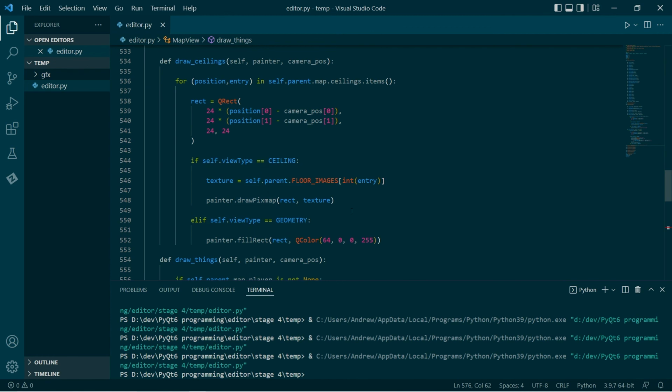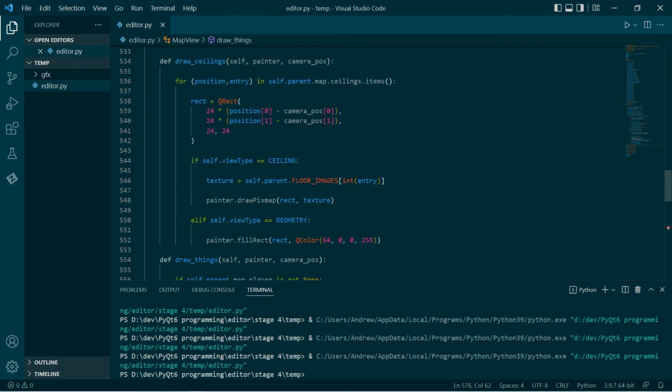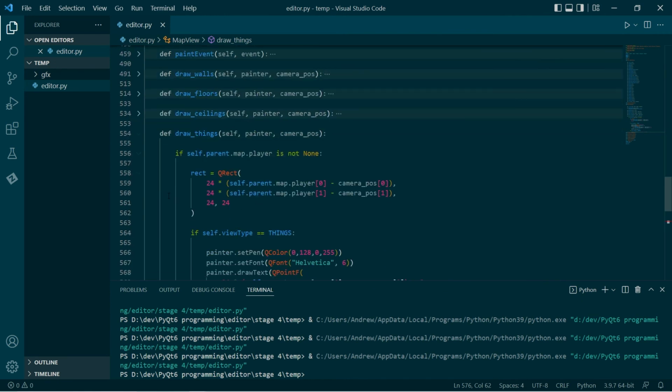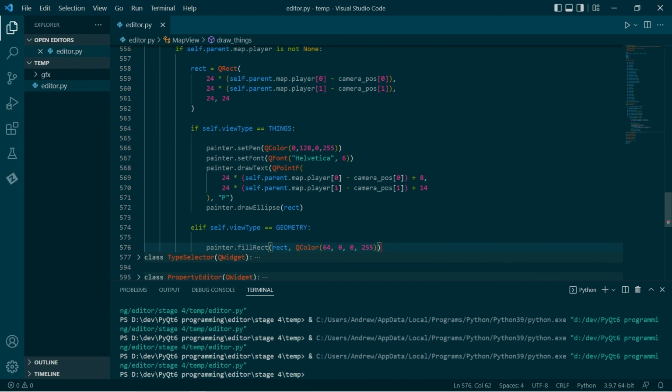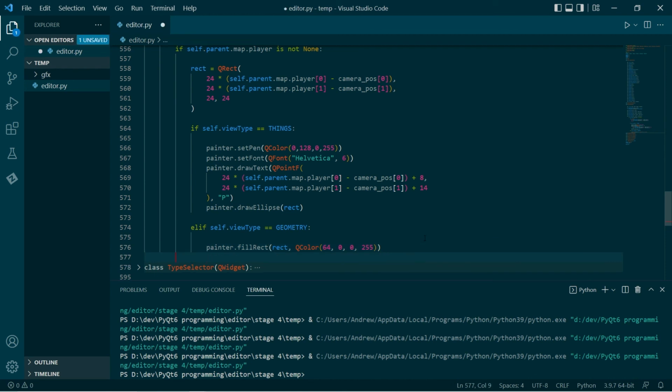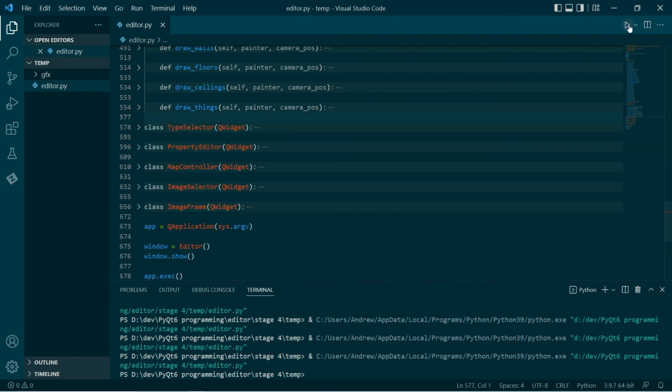And yeah, I'm just rehashing. It's the same sort of stuff. But we don't draw ceilings when we're dropping down the player. And at the moment, we just have the player position. So we'll just do a single ellipse there with a P in it for the player. And that's pretty much it. So again, to put it all together,